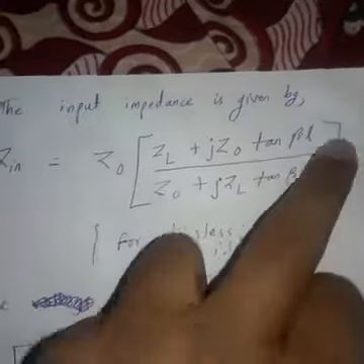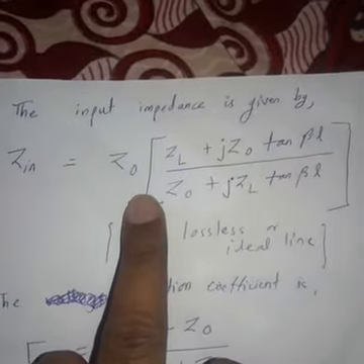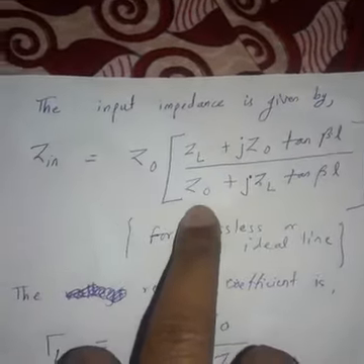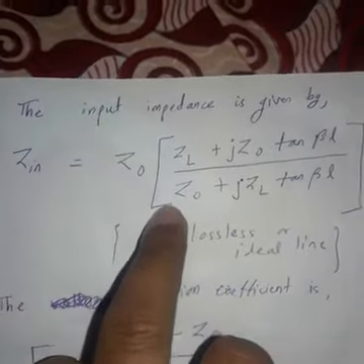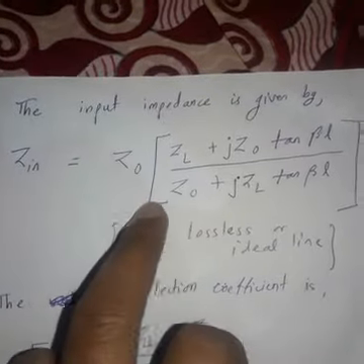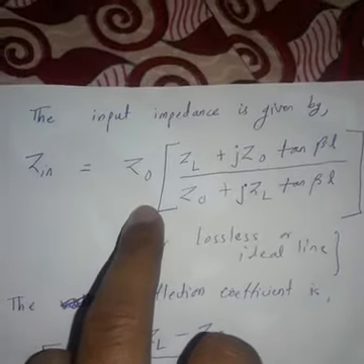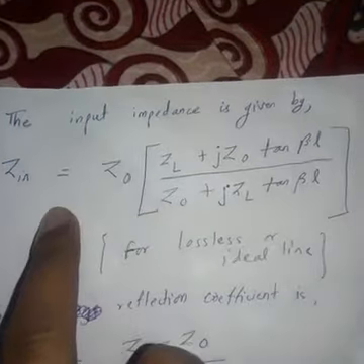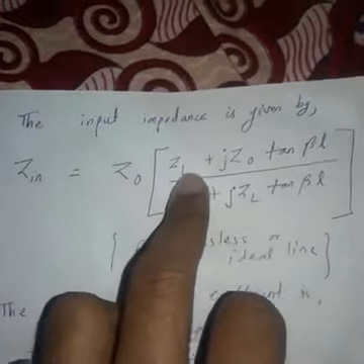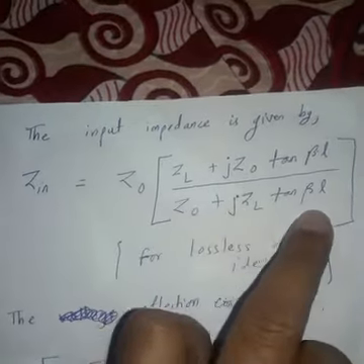This is a complex derivation. It comes from the modeling of the transmission line, which is not in our syllabus, so we will not focus on the modeling. That would take us into a different section. If you want, I can give you a note on how the derivation works. You simply remember this formula: the input impedance Zin is equal to Z0 times (ZL plus jZ0 tan beta L) divided by (Z0 plus jZL tan beta L).